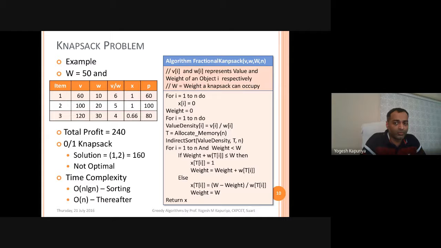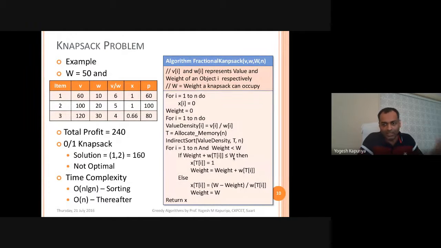So x answers whether the item is selected or not, or what part of an item is selected in the final selection. Because I can pick this item entirely, since the current weight of the knapsack plus the weight of that object is less than or equal to capital W. Capital W means the capacity of the knapsack.